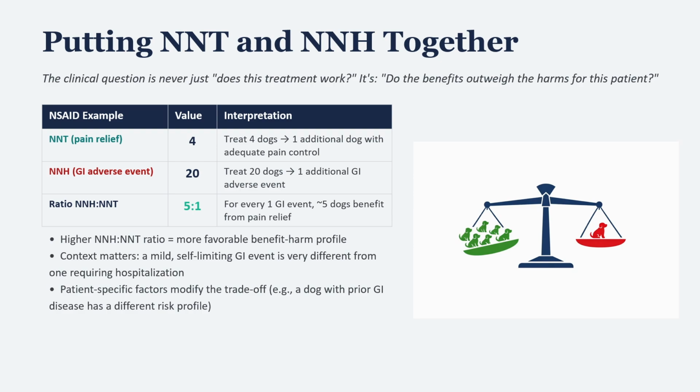And patient-specific factors matter too. A dog with a prior history of GI bleeding has a higher baseline risk of GI adverse events, which means their personal NNH is lower than the population average. A young healthy dog with no GI history has a higher personal NNH. This is where population level evidence meets individual patient care, and where the skilled clinician adds value that no published